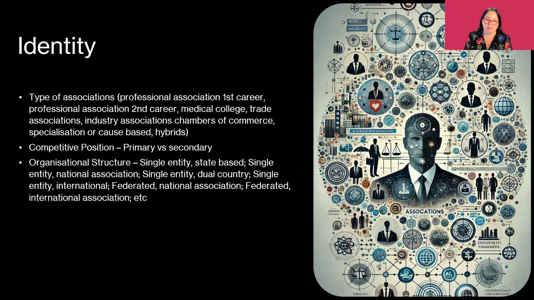The last one is your structure, because how your structure is set up does have an impact, whether you're a single-entity state-based body, part of a federation, or the national body of independent states. These things all impact what you do, because you need to consider, for example, if I'm the state body within a national federation and I'm delivering value, how is that distinct from or aligned with the value generated from the other areas? So if you do have those kinds of relationships, it's important to be cognizant of them as you go through the process.